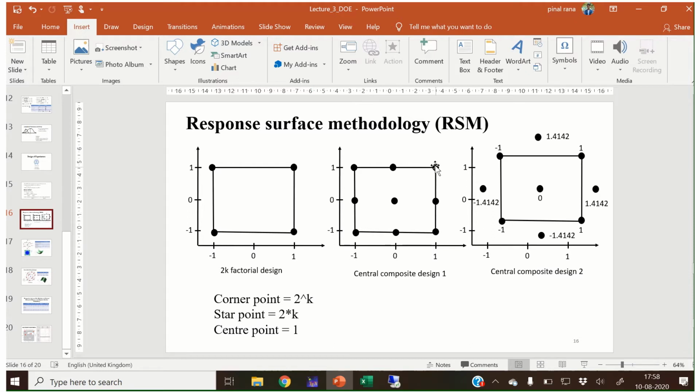So here are the 4 corner points. In the same way, to calculate the number of star points, the formula is 2 into k. Here we have two variables, so 2 into 2 is 4: 1, 2, 3, 4. In every composite design, only one central point is there. That's why we call it the central composite design. So this is for the two-variable design.